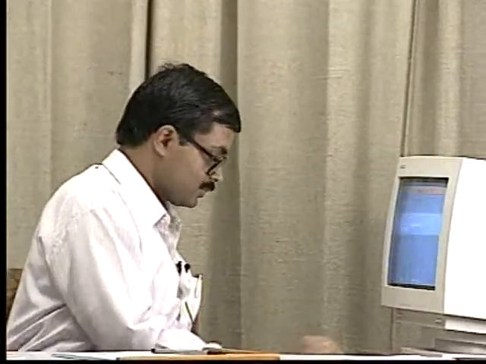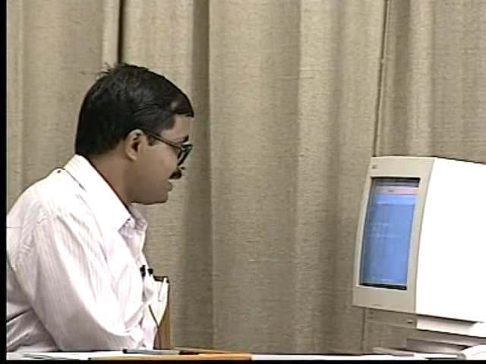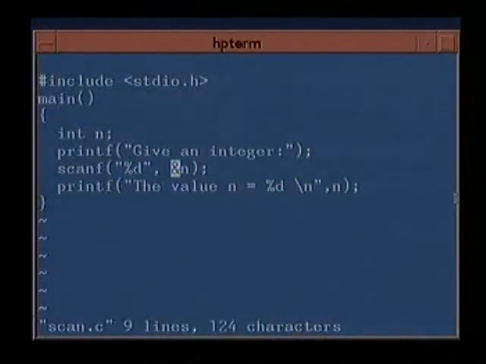And here, let us come back to the program now. In the program, this &n means you are passing the address of the location n. Why you have to pass the address of the location n is a question we shall answer a bit later when we come to functions.